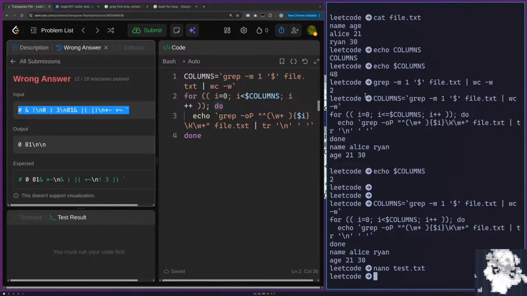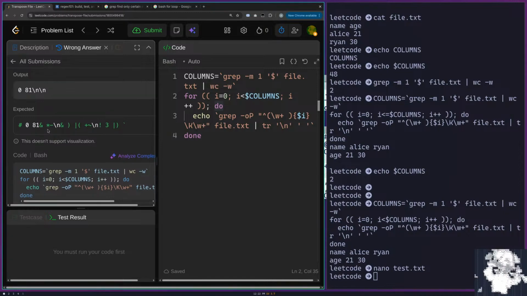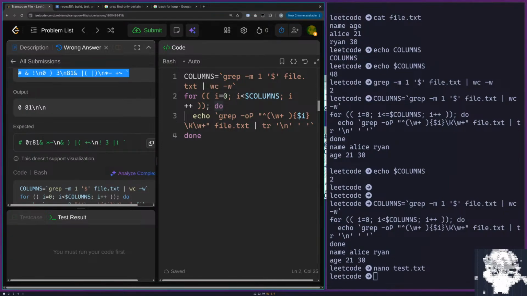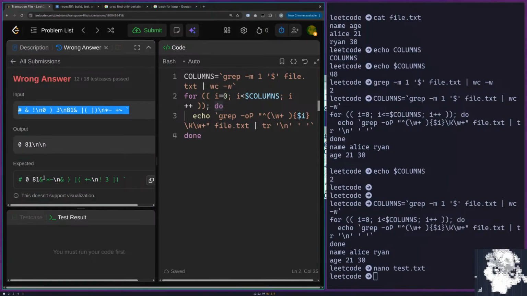You know what? I expected to see this. I have 2 new lines here, which means I thought there were 4 columns, but there's more than that. So wait, 1, 2, 3. Yeah. If the definition of a column is just a thing between spaces, then my word count is wrong and